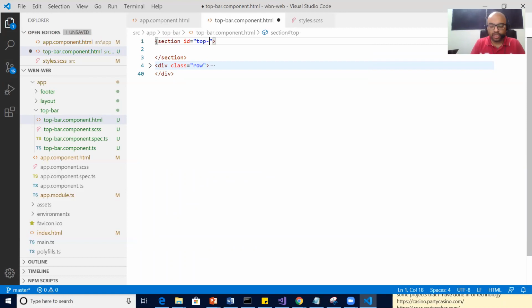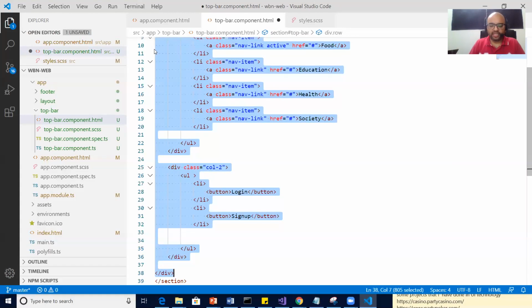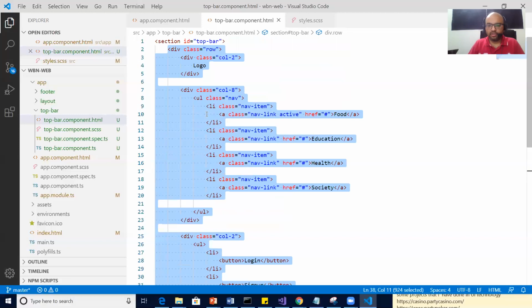Don't put any extra stuff. Otherwise you will be facing the consequences when the style related errors will start coming. Correct? Text is going here and there, let's say color is not applying, border, padding, margins not applying, then it will be a nightmare for you to fix all these things. It will be very, very hard for you to handle. So here let me just take the entire code and push it inside the section. Simple.